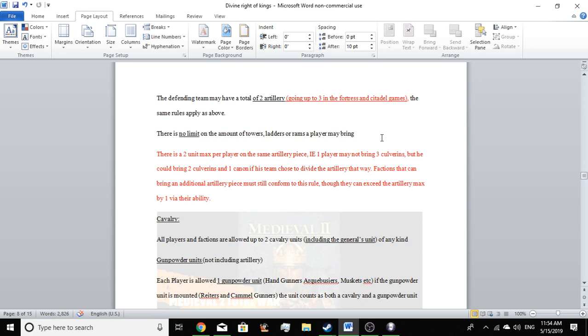But as you're going to see below, there's certain factions, like it says here, factions that can bring an additional artillery piece still have to conform to this rule, though they can exceed the artillery max. So when the defending artillery max is 2, let's say I'm playing as Scotland, which has the additional artillery rule. This is one of the main questions I've been getting. So as Scotland, I could not bring 3 mortars because that would be more than 2 units of the same artillery piece. I could bring 2 mortars,